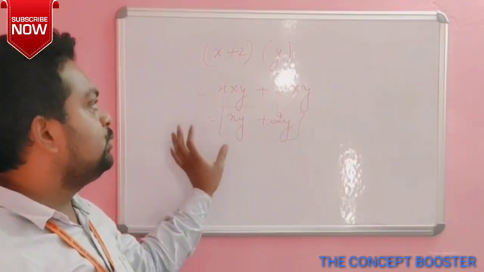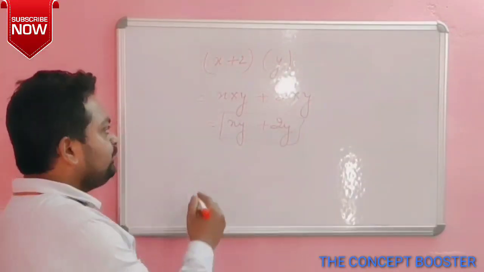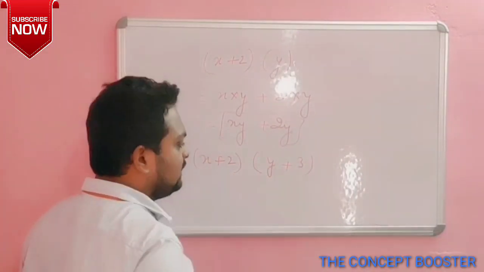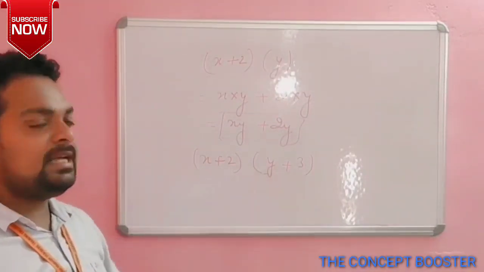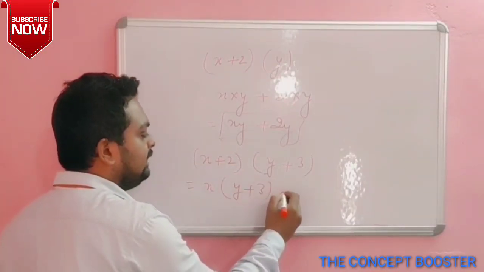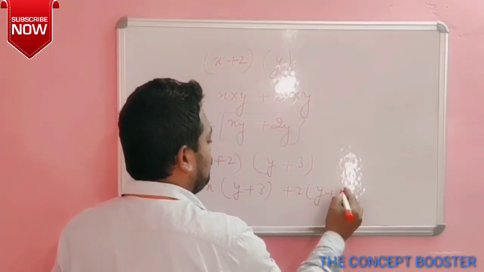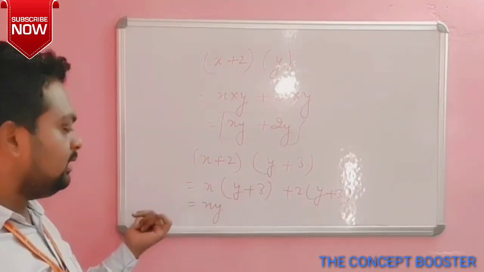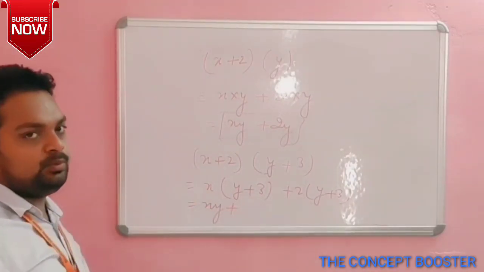And now for two different expressions of two terms, what will you do? Like if it is (x + 2)(y + 3), then simply you have to do the same thing. You can take the terms one by one and multiply with the other expression. Like here you can take x into (y + 3) plus 2 into (y + 3). Okay, so x into y is xy as we have done earlier. Then x into 3, if we have plus here, you have to put plus. If it is minus, then put minus.